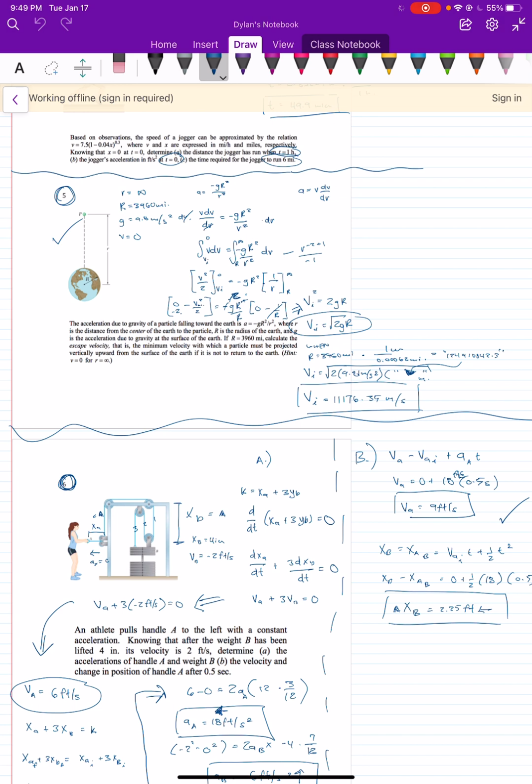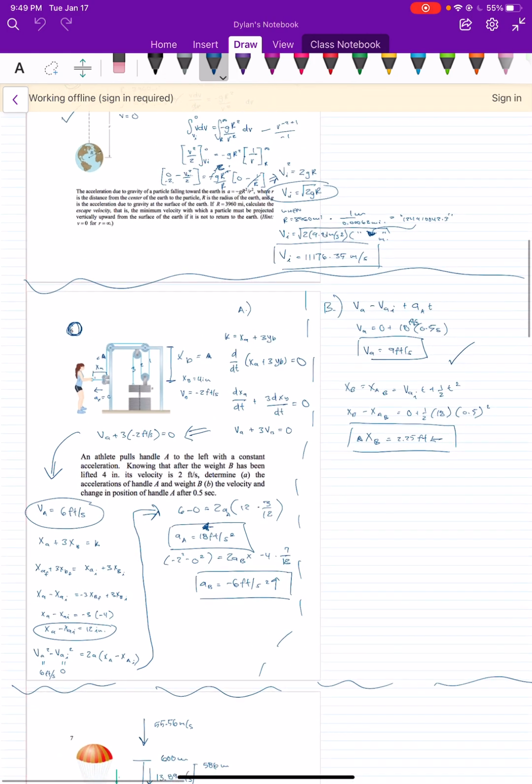And then I was able to plug in the values that it gave me with the radius of the Earth, converted that to meters, and obviously gravity, 9.81, and got the true initial velocity. Number 6,